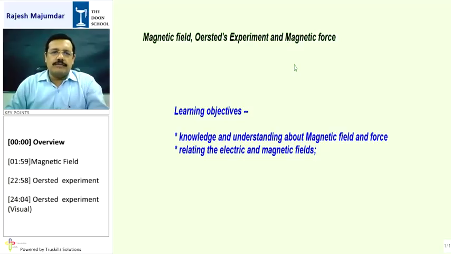The learning objectives are the knowledge and understanding about magnetic field and force. We will also try to understand the equation of magnetic force, which has a special name, and then we will be able to understand how electric field and magnetic fields are related, or electric energy and magnetic energy are related. The work for today is not much, but we will have to start this unit with these concepts. So let us